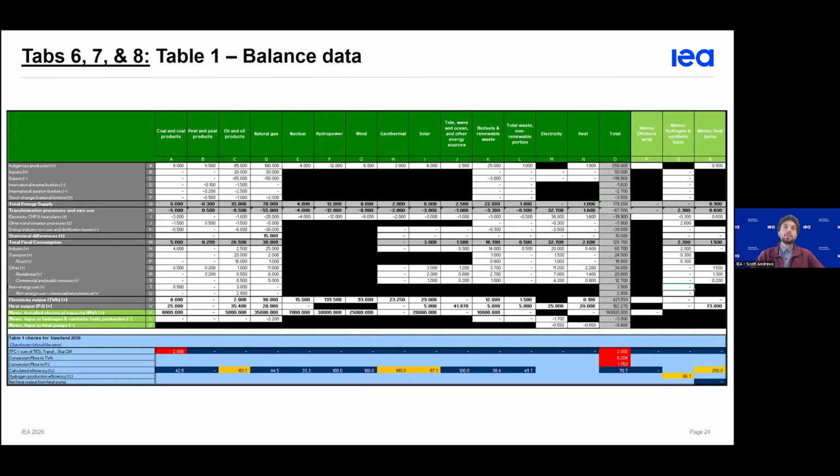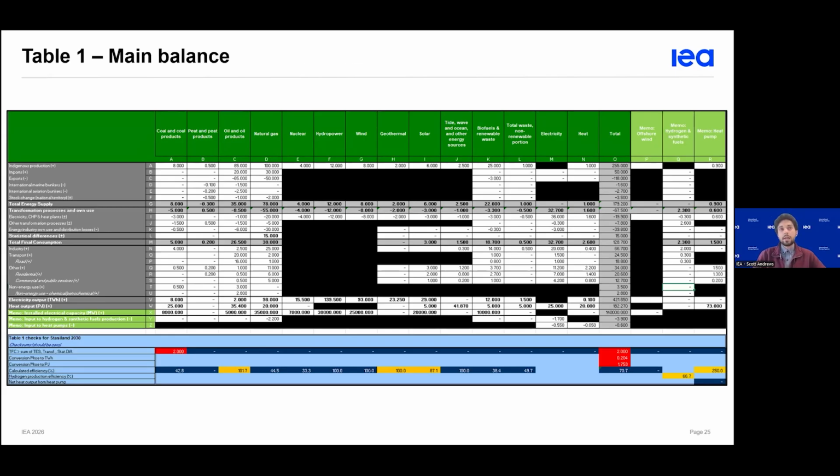Okay, and then on to the tabs that are filled out by the compilers. So we now have the projection years. In this case, the format for the years 2030, 2040, and 2050, or tabs 6, 7, and 8 are all the same. And so when I'm going through this, it'll just show one of these tabs. So if we look at it in more detail,